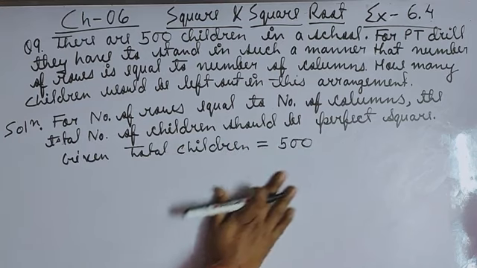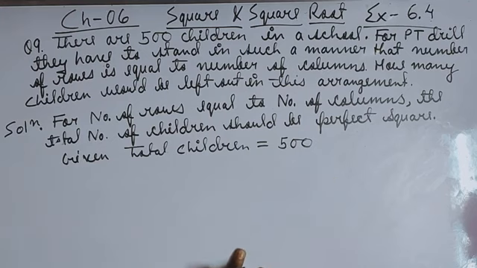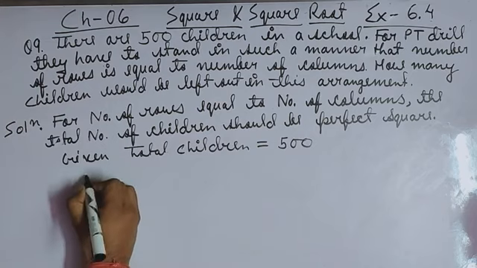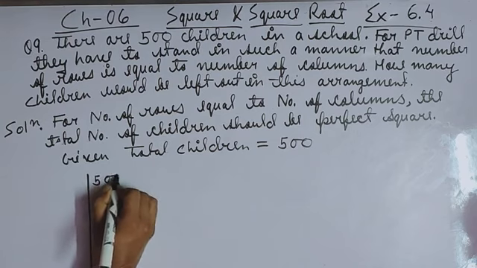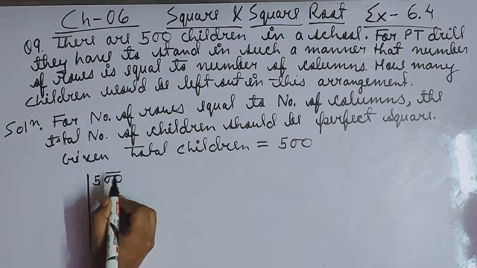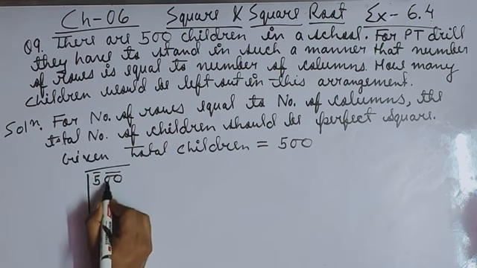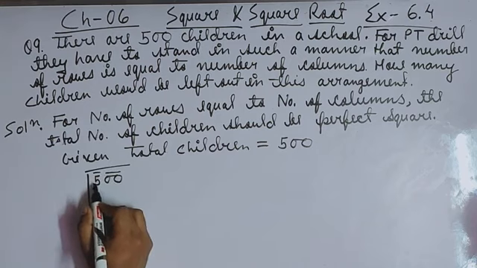Now what you will check whether this number is a perfect square. If it is a perfect square, then the remainder will be coming 0. If it is not a perfect square, then the remainder will be coming what? Some non-zero number, and that number will tell you the number of students left out for this arrangement. So start doing. We'll make the long division method to find out that. So start making the pair. I made this one. One pair is of 0 0 and one pair is of 5.